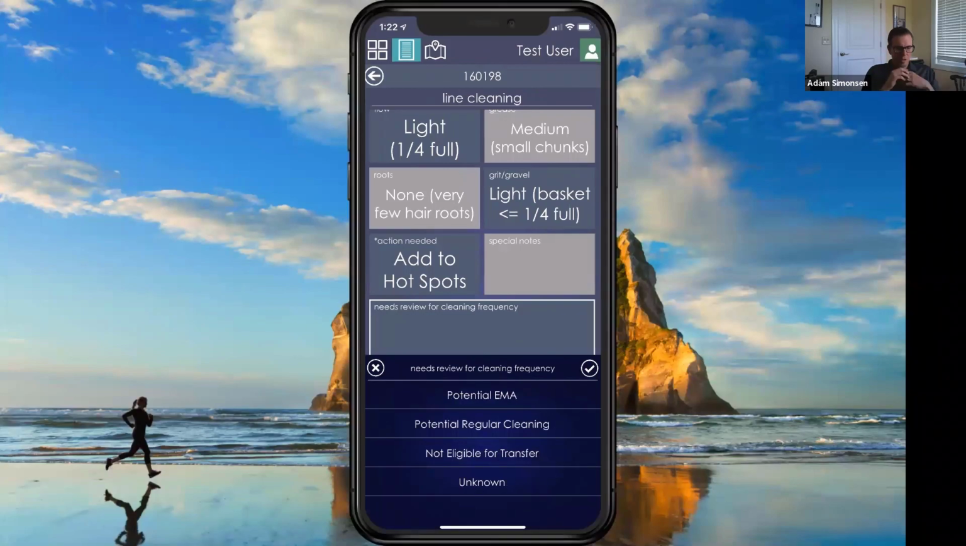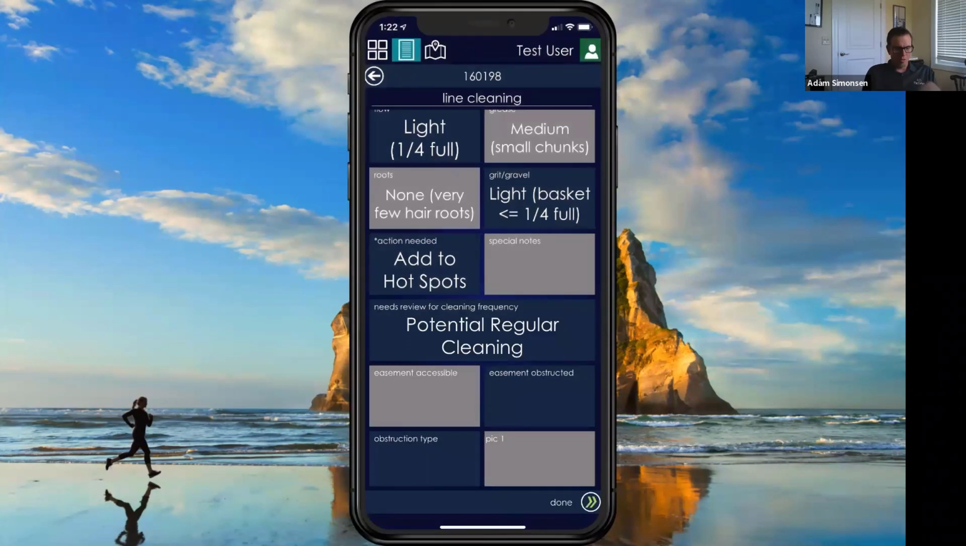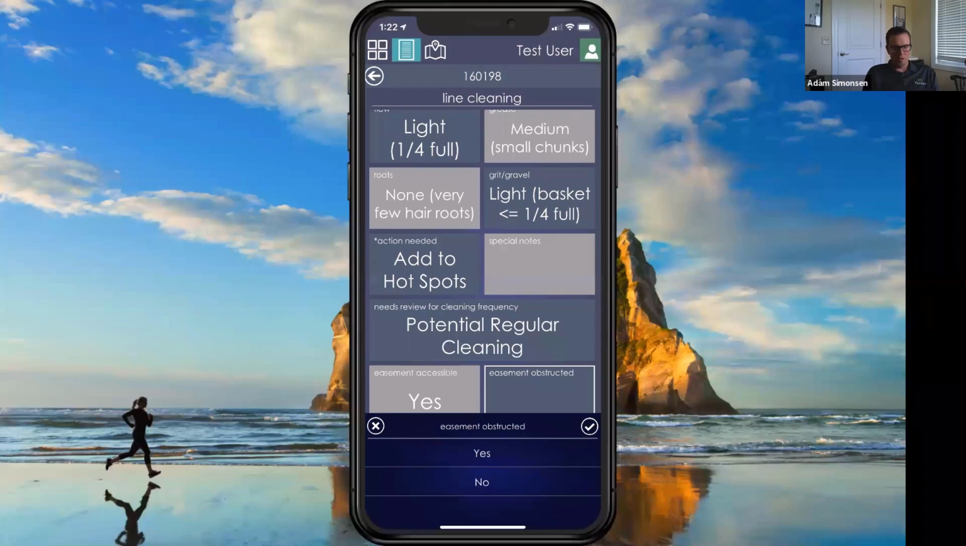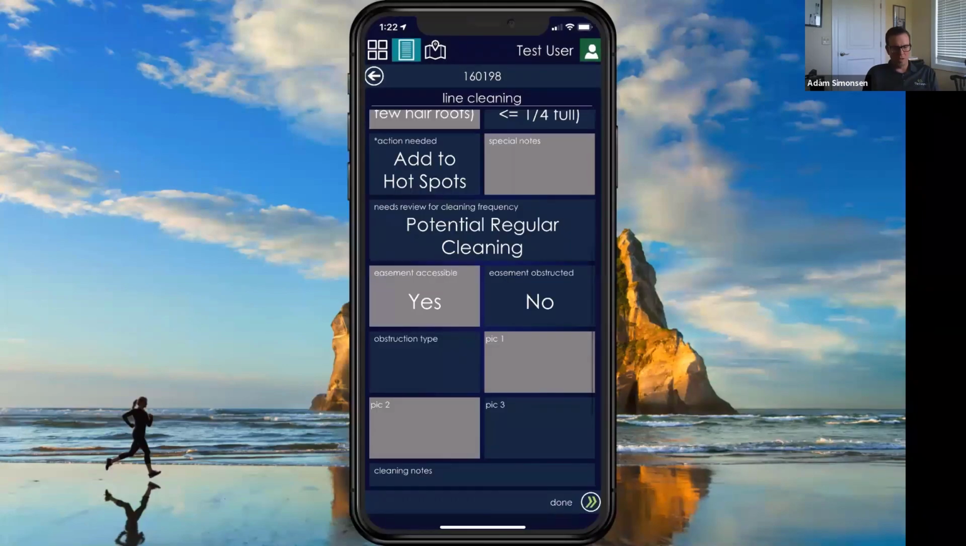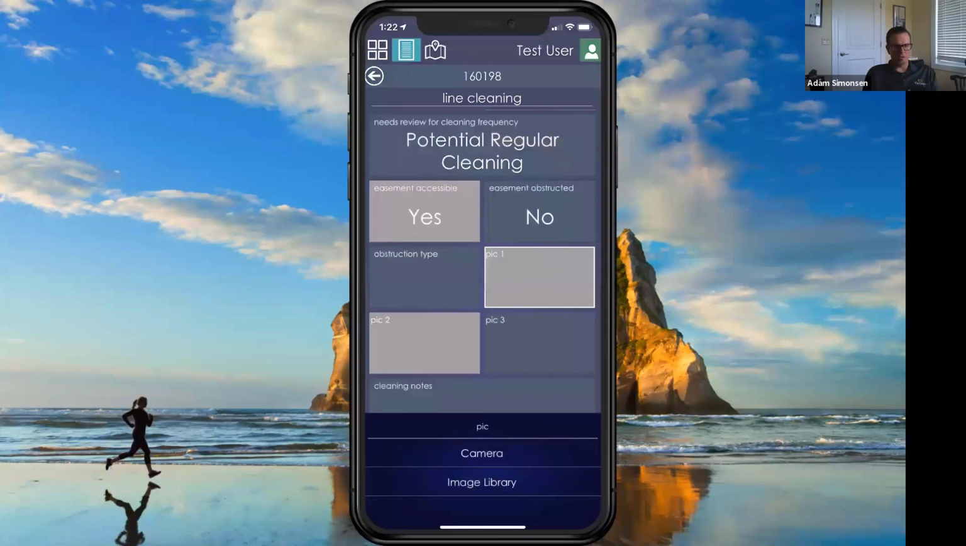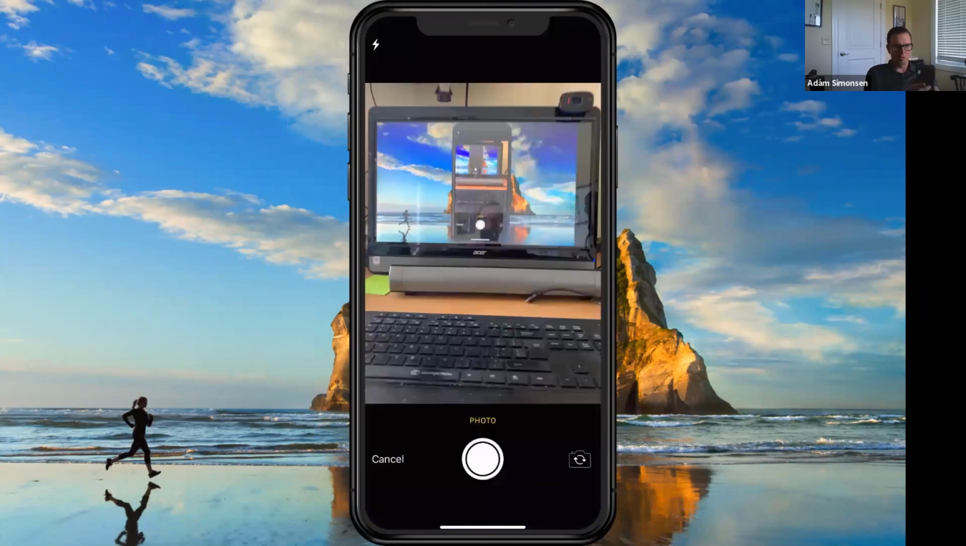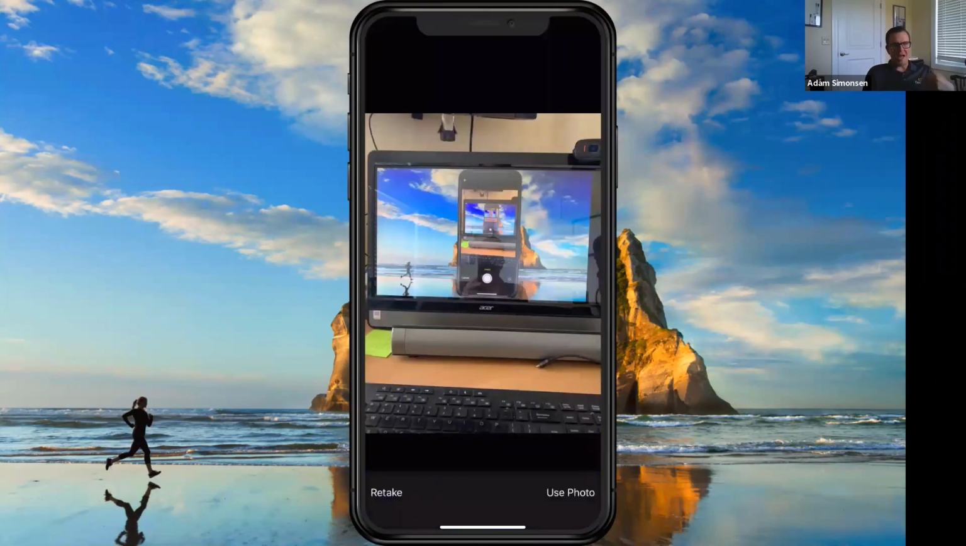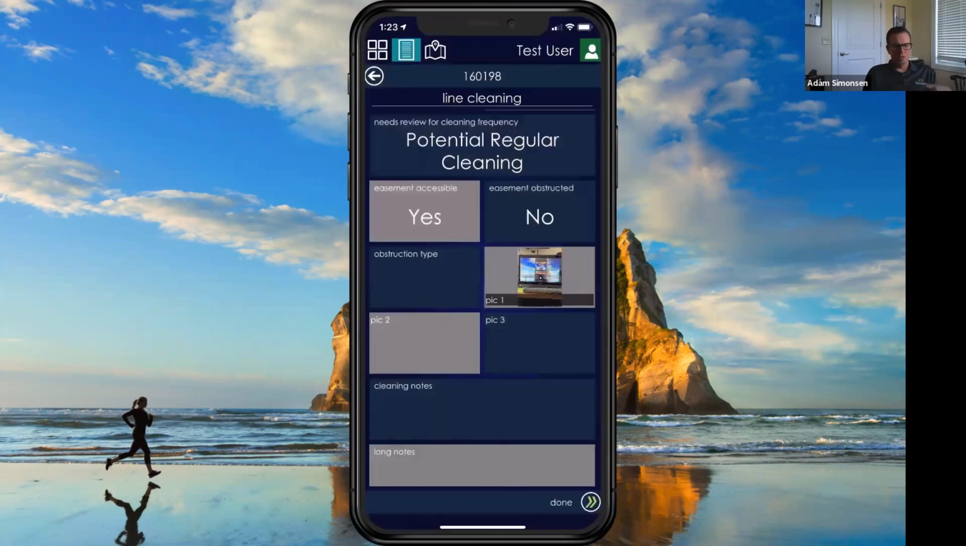There are some different protocols they've put in place that they want to track, so potentially we want to do something like that. And then a couple other pieces in here. Was it accessible? Was it obstructed? Was there an obstruction type? And then I can grab pictures of everything, obviously. So we'll grab a picture off the phone here. We'll snap a photo. So that's going to become part of the record for that particular cleaning activity as well. And then I've got additional notes and other information that I can fill out with that particular